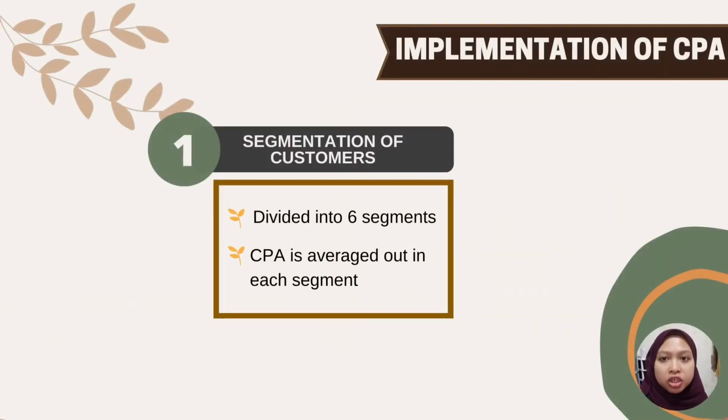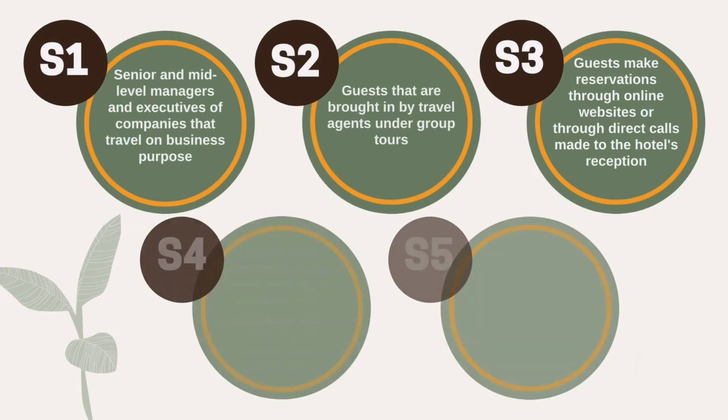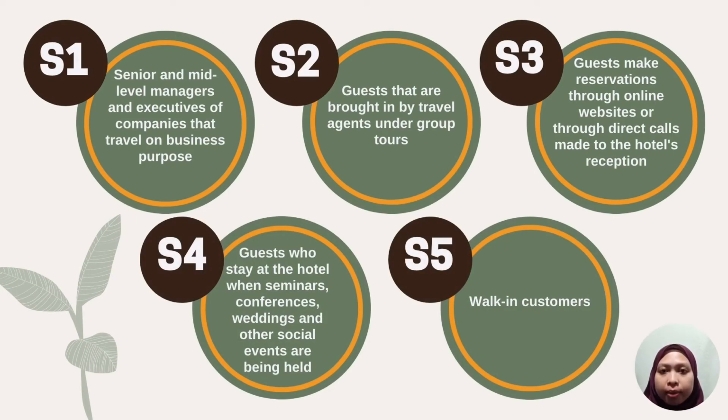There are 5 steps in implementation of CPA for this hotel. The first step is segmentation of customers. For ease of planning, the customers are divided into 5 segments and customer profitability is averaged out in each segment. The first segment consists of senior and mid-level managers and executives of companies that travel for business purposes. These customers spend very little time in their rooms. They tend to use the hotel's cafe at the lobby, laundry services and executive meeting rooms that are frequently used to